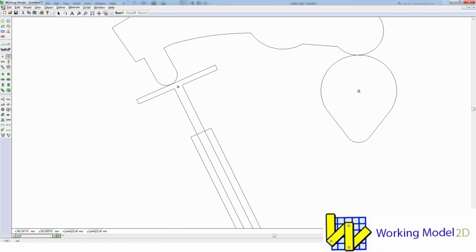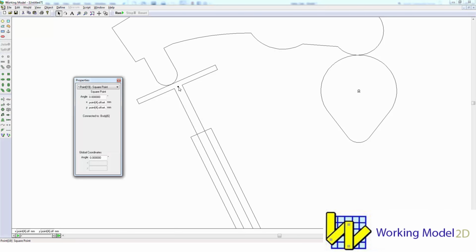So I'll just zoom in there a little bit. I'll click that point, and I've got that. So I'm going to double click that point while I'm here, and I'm going to modify the angle of it to -65. That coincides with the angle at which this is turned right here. So I knew that in advance, and I need to make sure that the point is aligned in that direction.